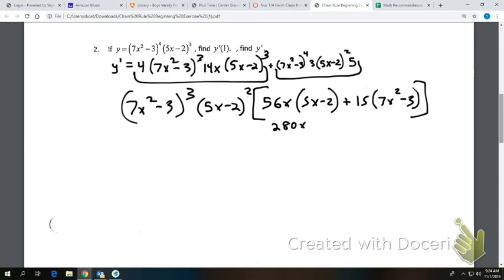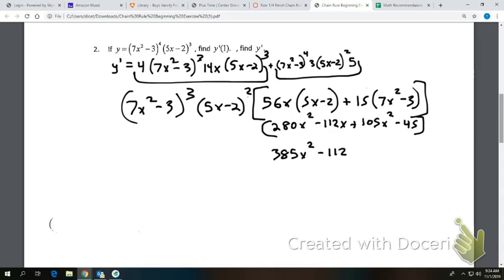280x squared minus 112x plus 15 times 7, see, 30, 60, 90. Is that 105x squared? Minus 45. Yeah, see, look. See how I can combine like terms here? So now I'm left with 280 plus 105 would be 385x squared